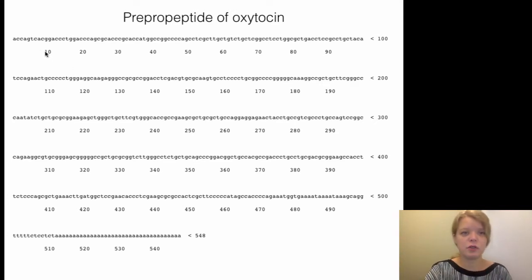So this is a nucleic acid sequence that I got out of FASTA. Here you can also see these numbers just mean which numbered nucleotides are where. So here we're at nucleotide 10, and here we're at nucleotide 190. So in order to design primers against the oxytocin pre-propeptide,